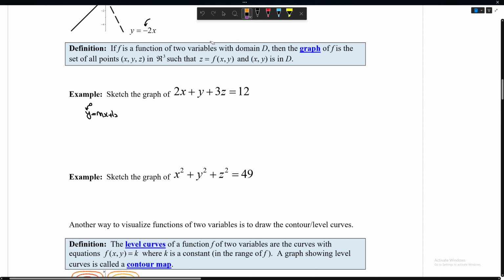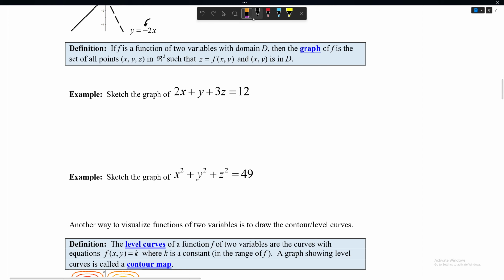Here, you could do the same thing to find the intercepts. So if I want to find the intercept at the x, I'll set everything else to 0. Because when you look at the graph, this is my x, this is my y, this is my z. When x is 0,